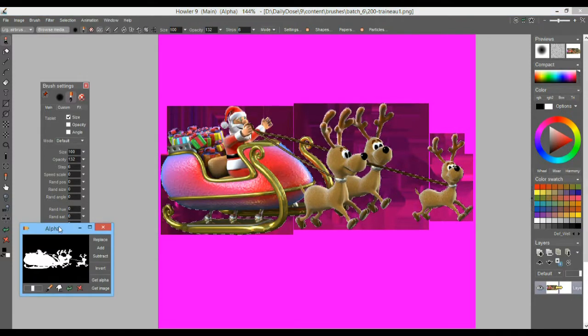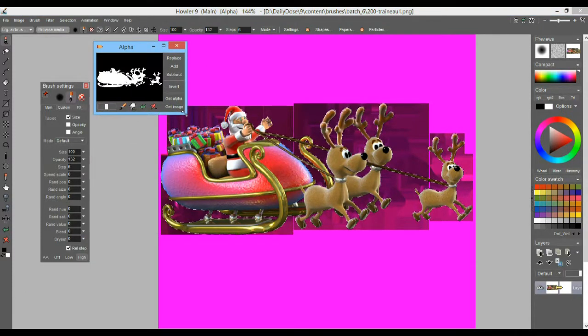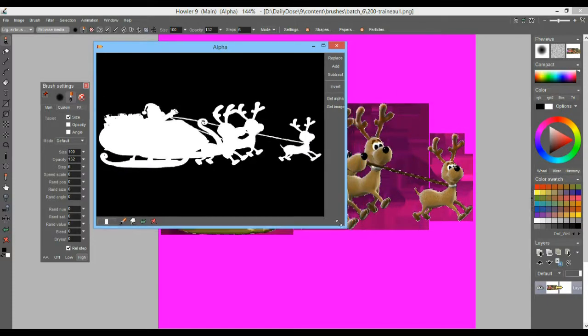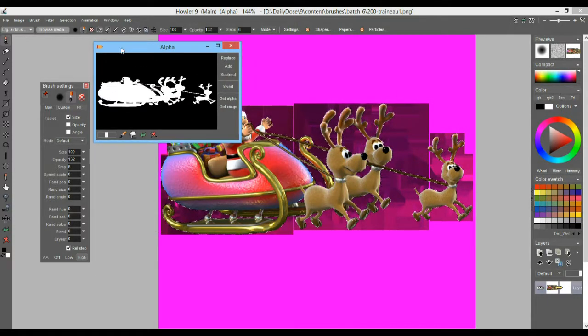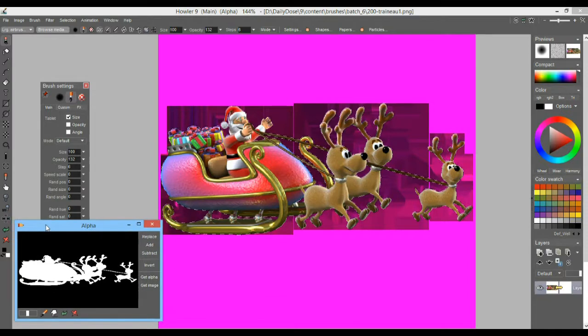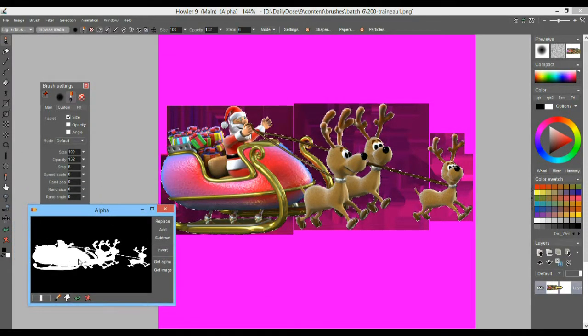Go do that, and now you see the selection mask that we have here for the sleigh with Santa. So that selection mask came from loading that file. The PNG file has not just the colors you see, but also a selection mask. And indeed, when you look at this, wherever it's white, it's going to show the color as is. Wherever it's black, it's going to hide whatever that color is. So it doesn't matter whether it's a white background or this odd colored background, it's not going to be